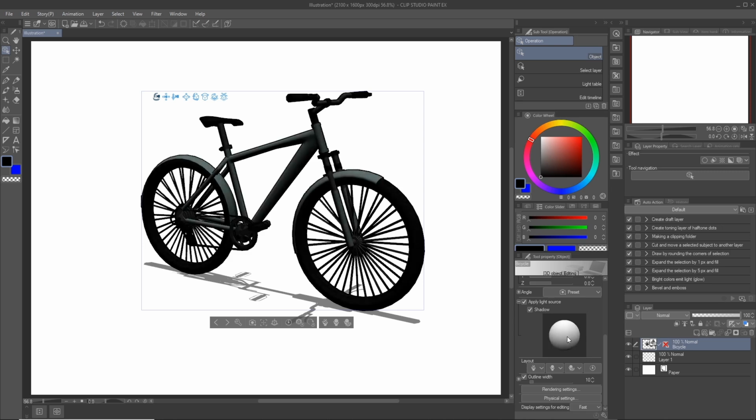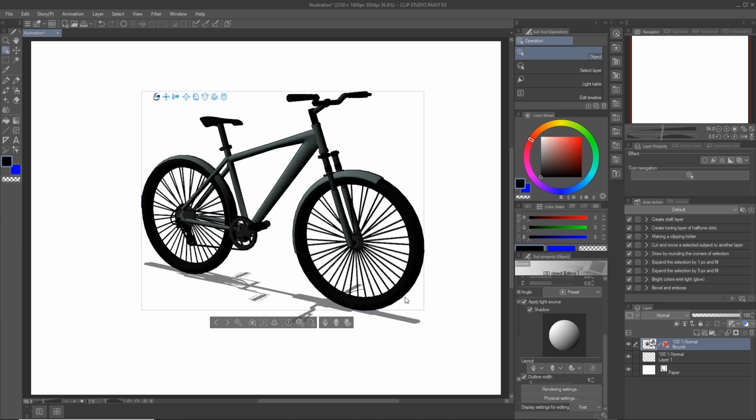This is really useful if you want the lighting on your 3D object to match what you have in your scene. Below this is another option called outline width, and this allows you to affect how thick the outline of the object is. The default value is 10, but for some objects that might actually be too thick. In general, I would recommend a setting of about 4.